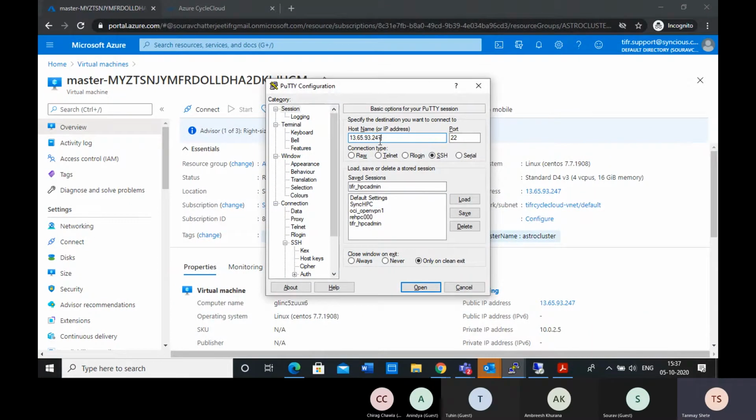This will be static most of the time, unless there is some activity where you want to install some new things or you want to upgrade your system, or you want to add some new modules. Then we may need to spin up the HPC cluster again, and at that time this public IP address will change, and we will communicate the new public IP address to you.